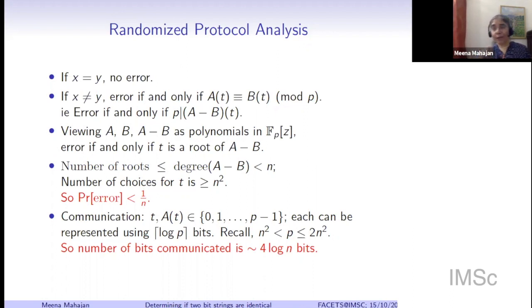For some input pairs, the probability of error is 0. It will always give the correct answer. And for some inputs, there is some probability of error, but it is very small. It is 1 by n. But once n becomes large enough, this is sufficiently small. So this is a fantastic protocol. This is why in the beginning I said, look at those 4 choices and keep your votes in mind. And what is the right answer? It depends. We saw that n plus 1 bits is necessary if you want to get the answer right always. But if you are okay with a 0.01% probability of error, then you can do much better than n. You can get away with log n bits of communication.